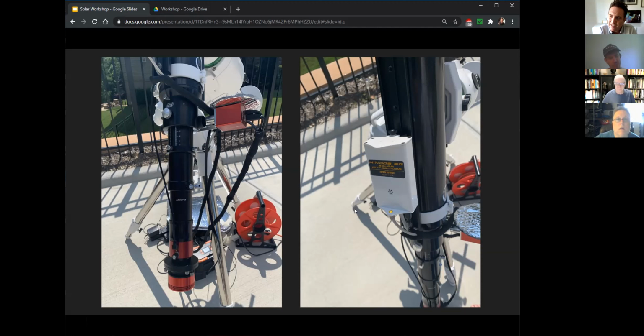So it makes a 900 millimeter into, well, 4.2 times 900, 3800-something millimeters. And then you're sampling that focal length with a camera that has pretty large pixels, I think like 5 micron or something. But I think it's still kind of